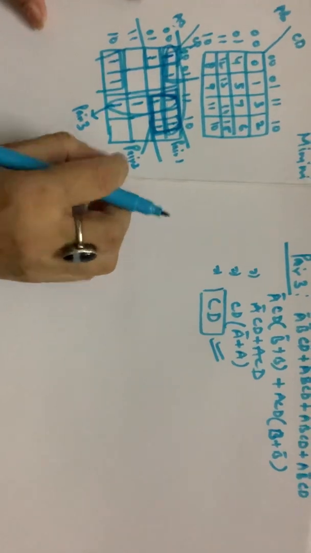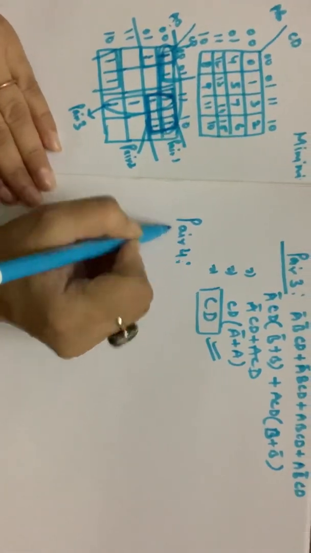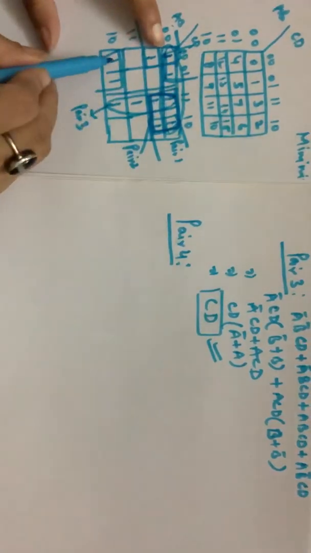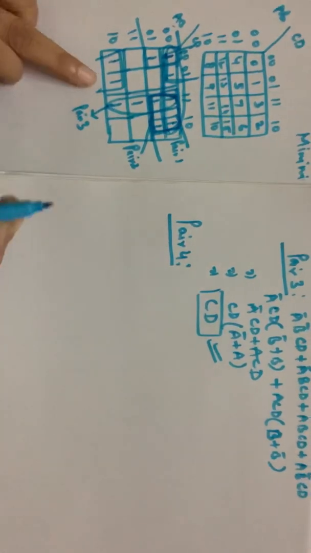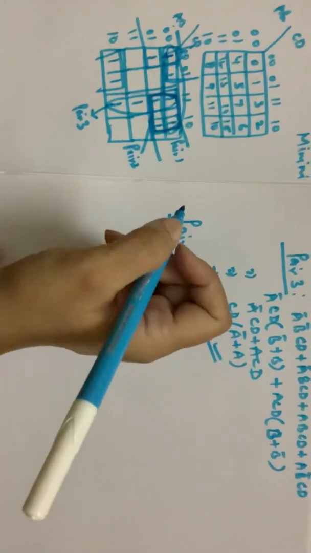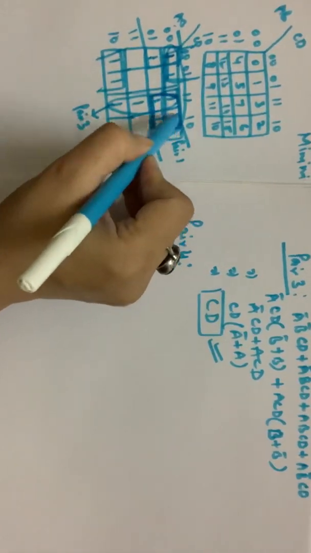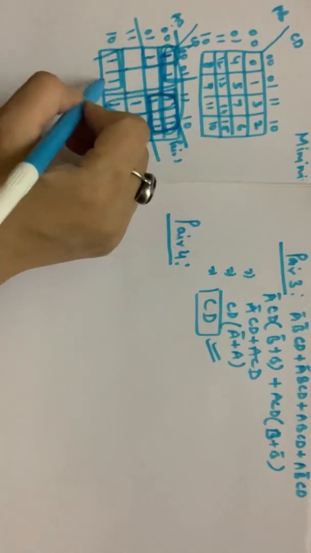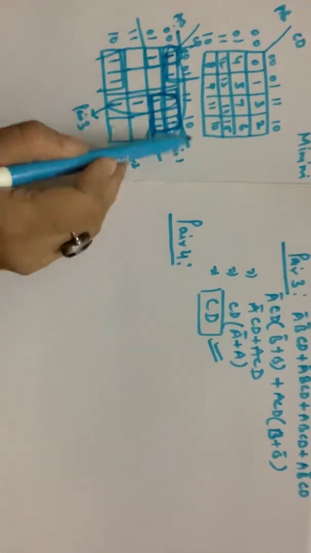So I just write the value. Now first I solve pair 4. Now this is my pair 4, if you can see 1, 1, 1, 1. I've already calculated this one pair, this one pair, this one pair. Now I will calculate this pair and this pair and this pair.